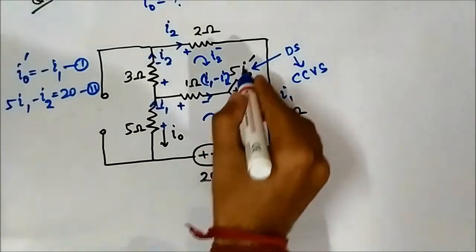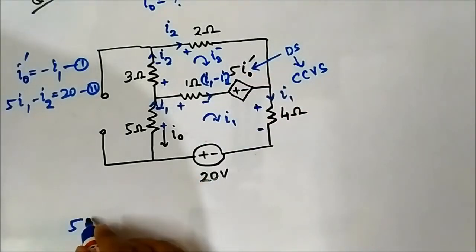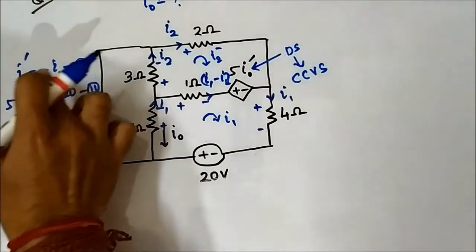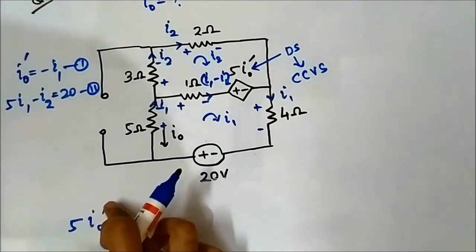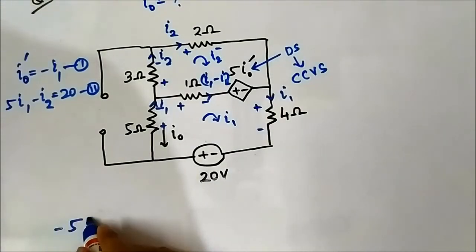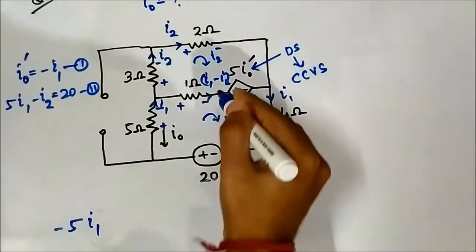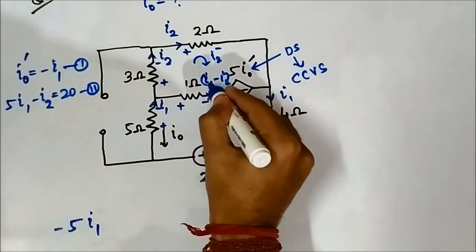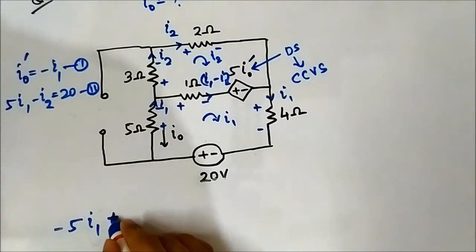So it will become 5 I0 dash. Instead of I0 dash, we'll be using this relation, so it will become minus 5 I1, then plus I1 minus I2,